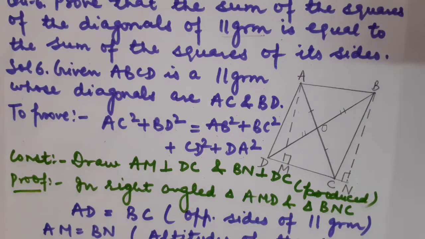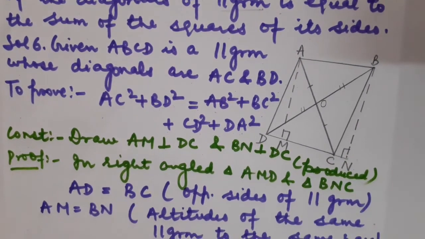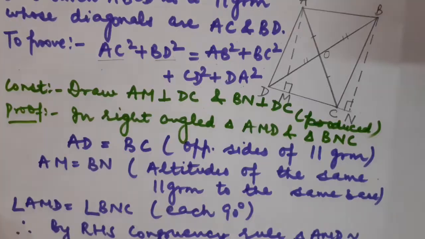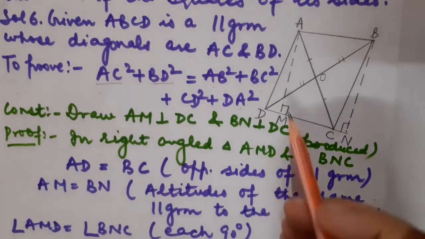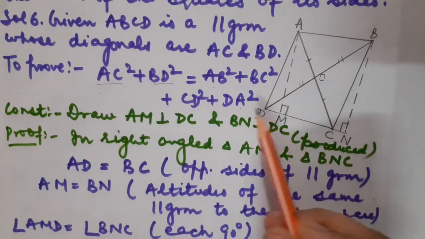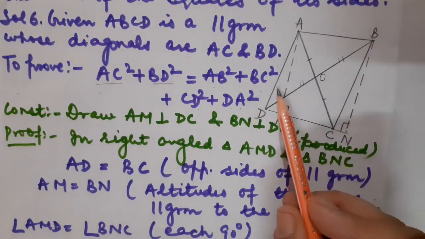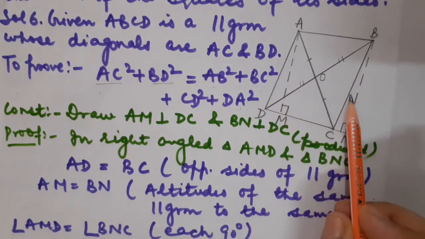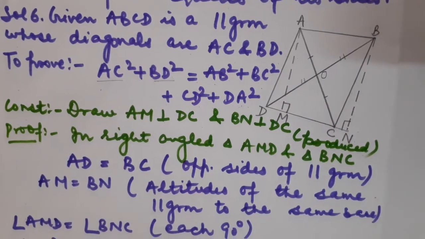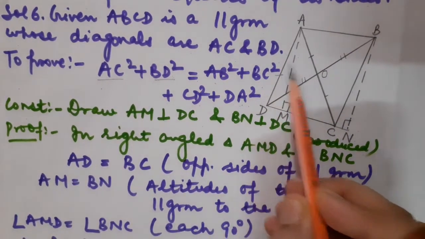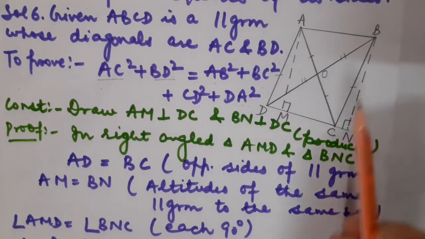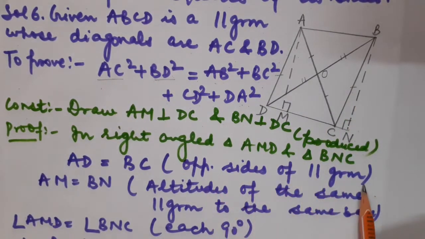Got it? So children, do you remember I told you that these two perpendiculars will help us reach the appropriate right angled triangle. So here what I am going to do, before I apply Pythagoras theorem, children, I am going to prove these smaller triangles, that is AMD and BNC, congruent to each other. So let us check how to prove their congruency. AD is equal to BC. Why? Because they are the opposite sides of a parallelogram.